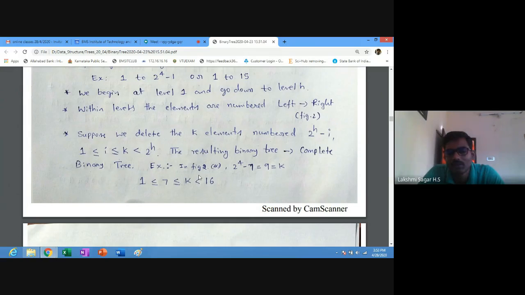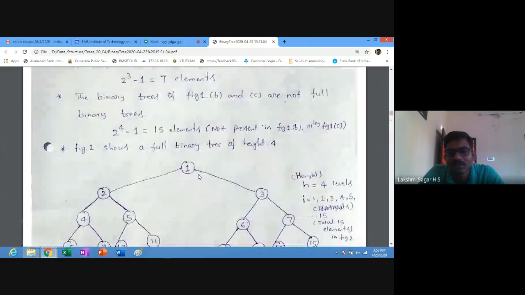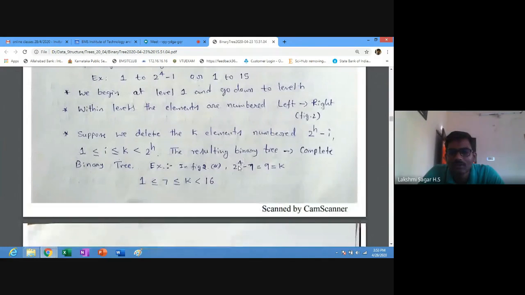Example in figure 2. You take this example here. 4 levels are there. So 2 power 4 minus 7, that is 16 minus 7, which is equal to 9.